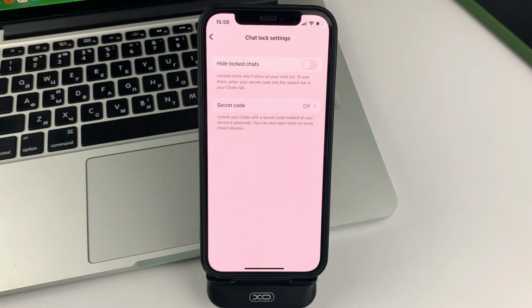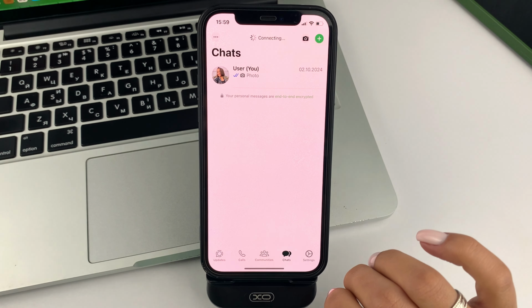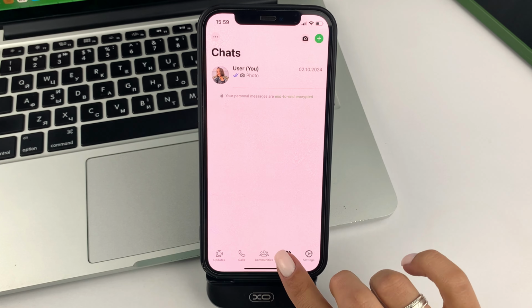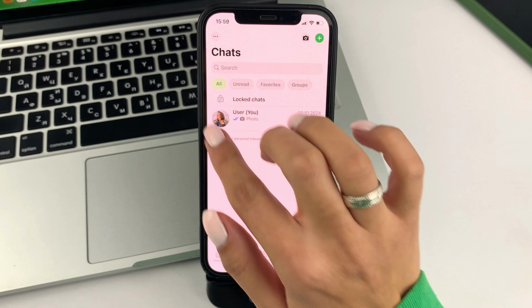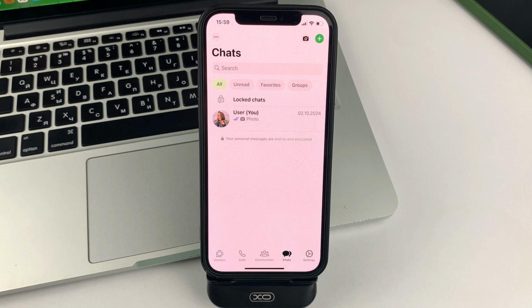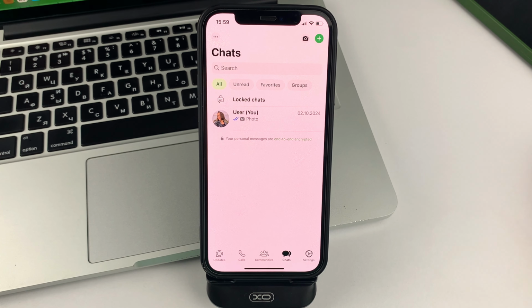So friends, let's get to our topic. And now I will show you everything step by step. First of all, please open WhatsApp. Then when you go to the chat section and swipe down from the top, you'll be able to see if you have, for example, archived chats or blocked chats, like in my case. And it will be able to be seen by absolutely anyone that you have, for example, blocked chats.